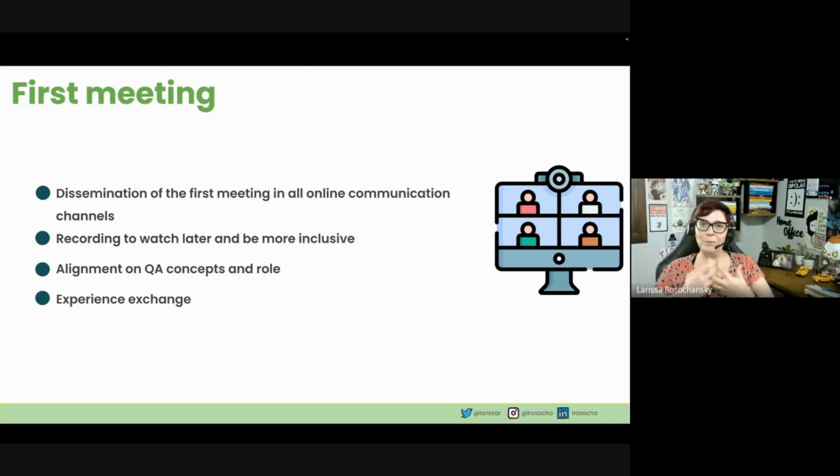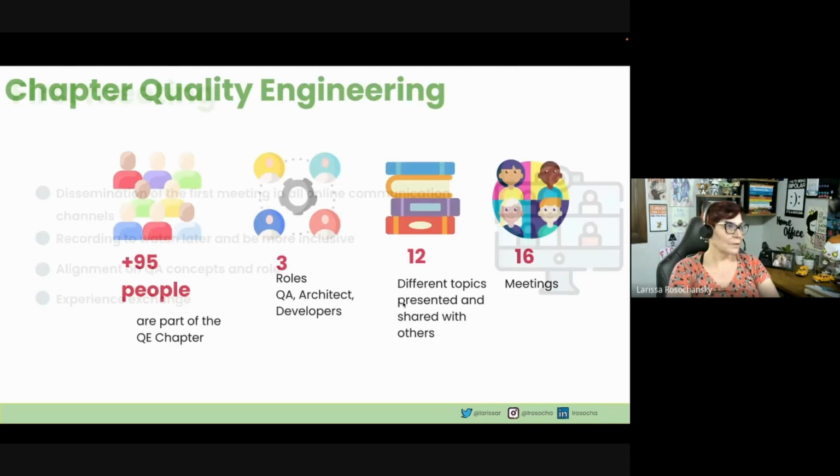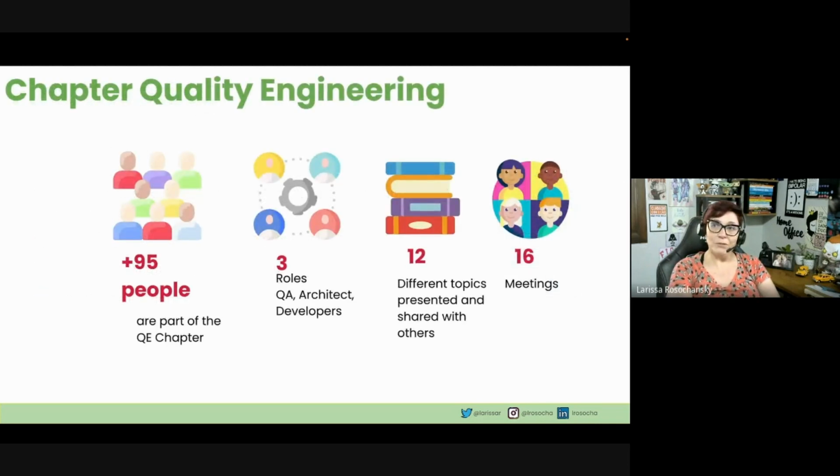And people were really, really motivated. So we had an average attendance of 40 people per meeting, and it was really high for us. We were really happy about it. So we were able to engage 95 people who are part of the QE chapter, and we had mostly QAs, architects,